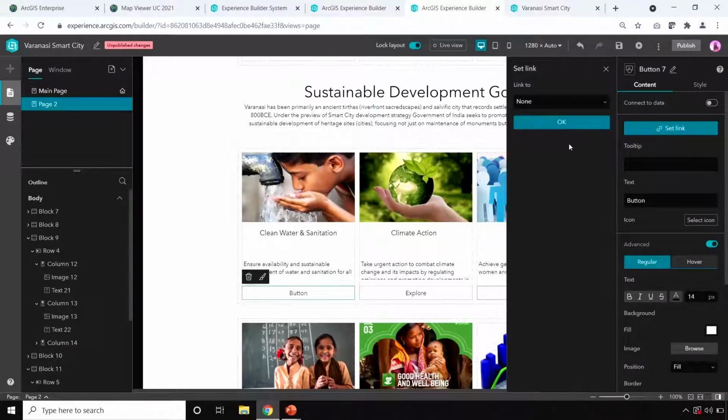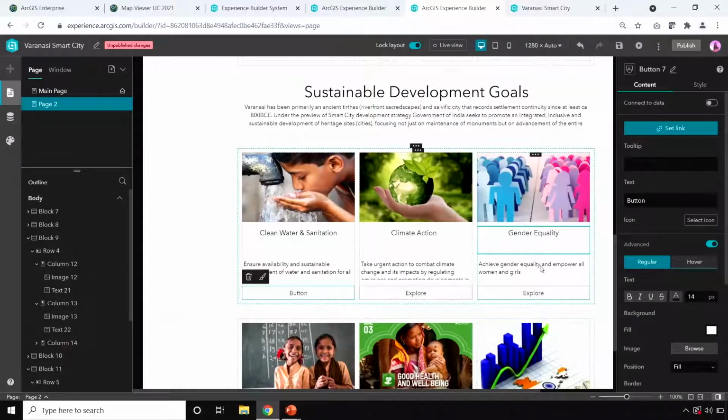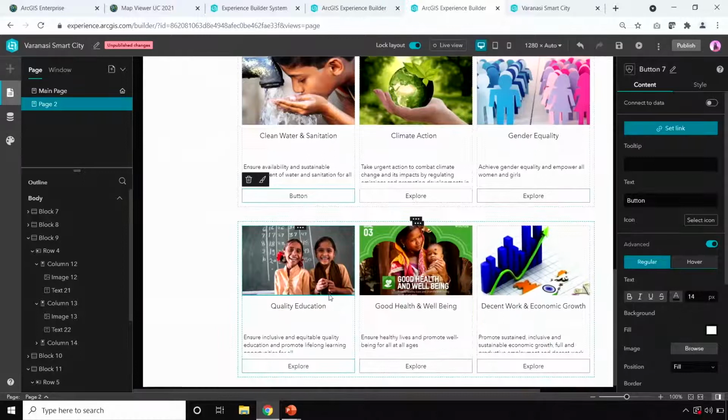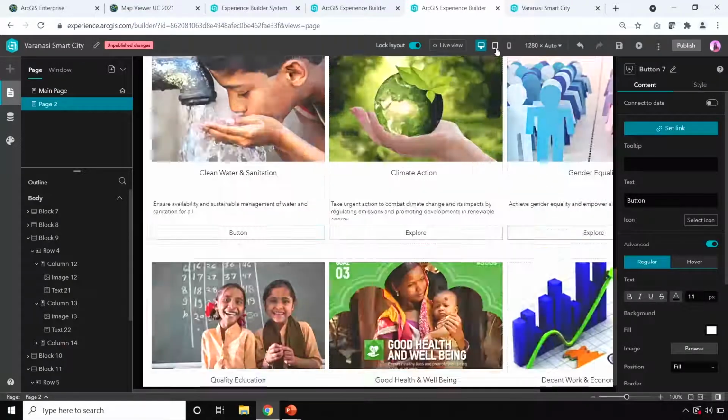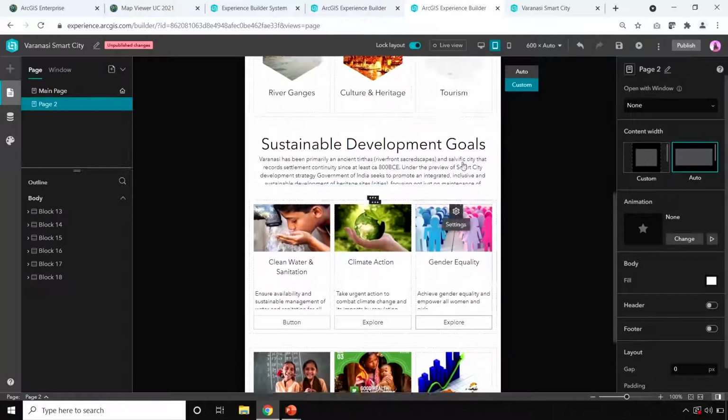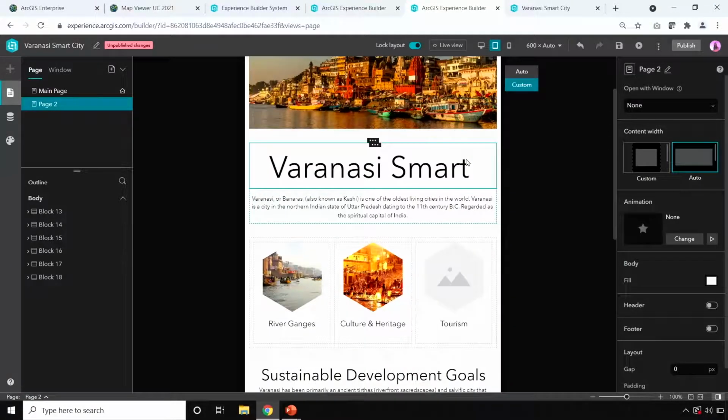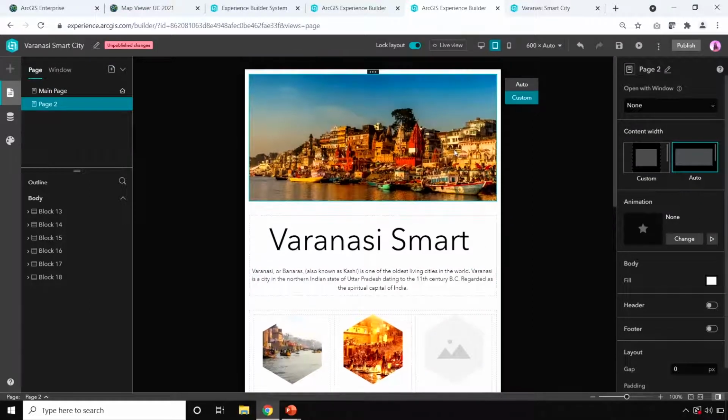Just by clicking on the button, you can set the action that needs to be performed on the button. Here you need to choose the options that you want. I want to give a map which shows the water distribution network of Varanasi. Just by giving the URL, you could configure the application. This is how simple it is. Once the application is done, you could quickly save this and publish it for the final usage, and you can even preview it on different devices such as cell phones and tabs and so on. This application is completely device adaptive, and let me show you how it looks over the web.